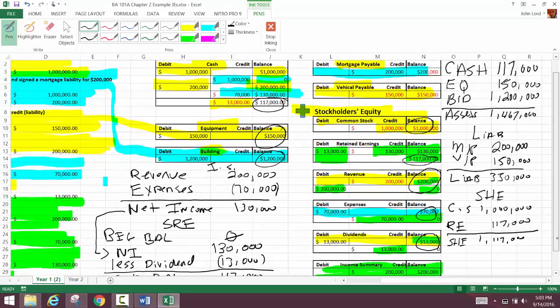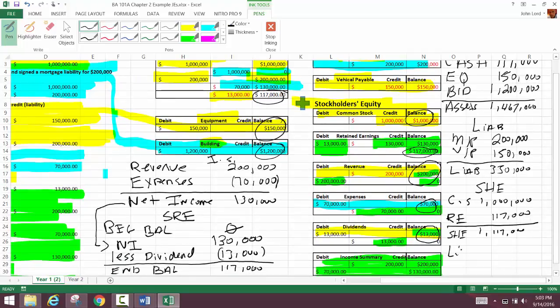Okay, good. So what's my total liabilities plus my stockholders' equity? It better be, right? Or I've got some explaining to do. 1,467,000 is the total. Okay. Don't you love accounting? It's always going to work, guys. If you sit there and you debit and you credit correctly as you go through, you can't miss in getting